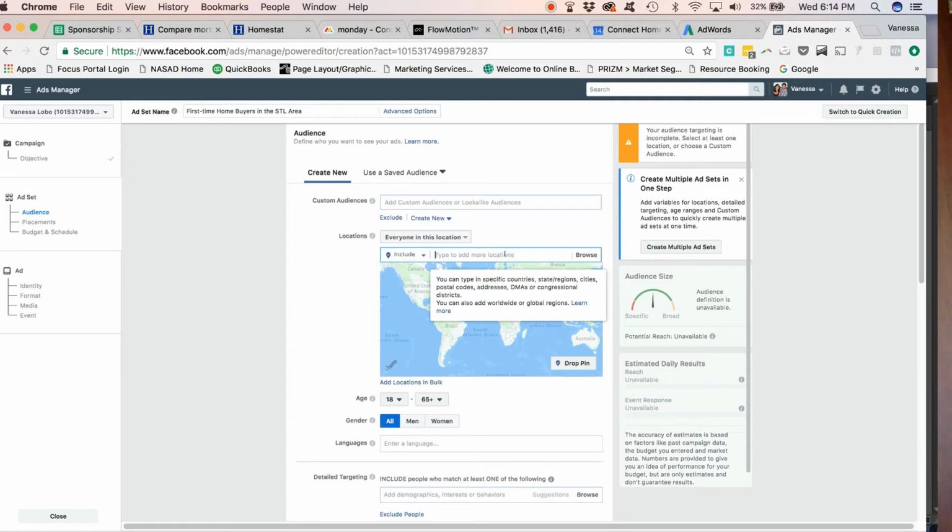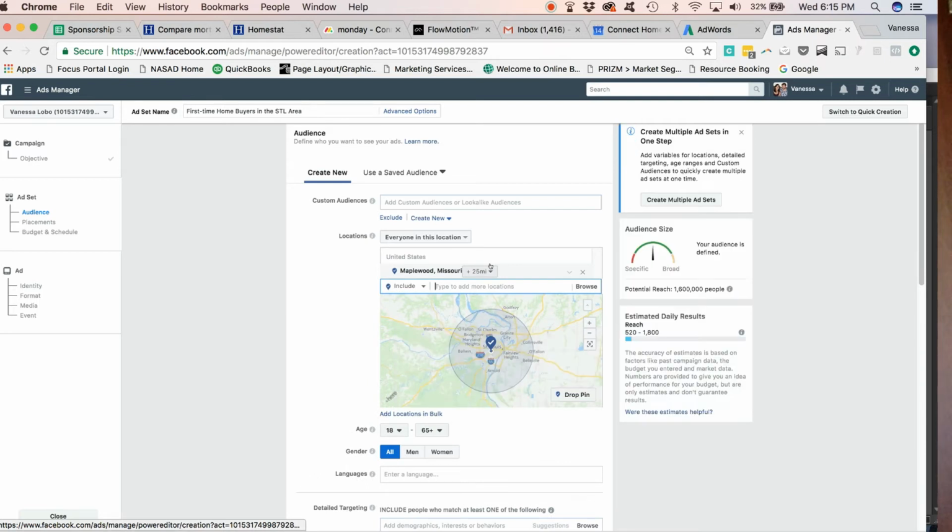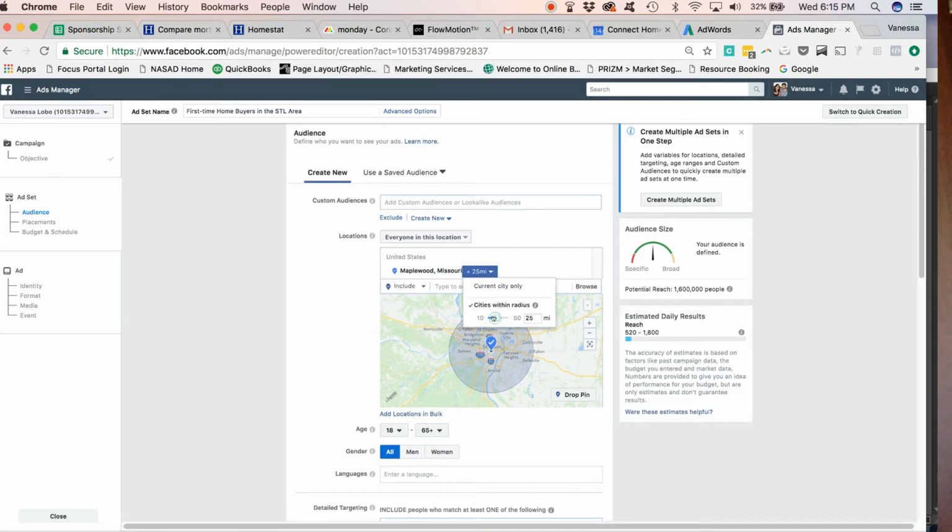So let's go ahead and choose a pretty central area in St. Louis. I often choose Maplewood, Missouri, since it seems to be pretty central. And once I do that, Facebook puts a pin in a map to point out where exactly Maplewood is. And it draws a circle around. This is a radius that allows you to target everyone who's in that area with ads as soon as they get on Facebook. I also like to expand that radius to be 50 miles